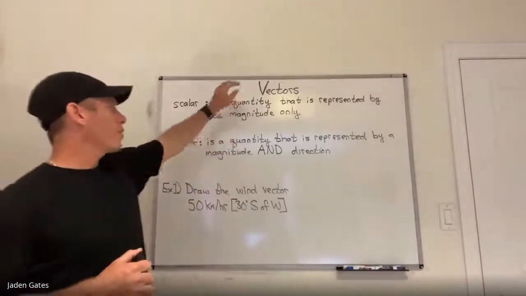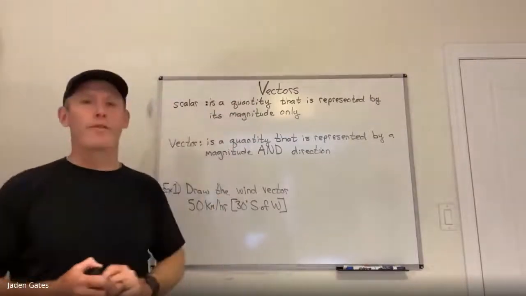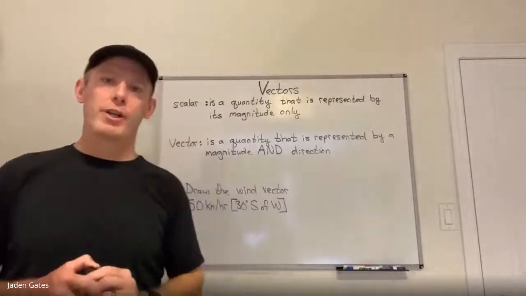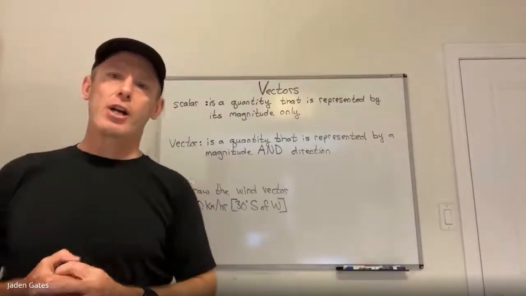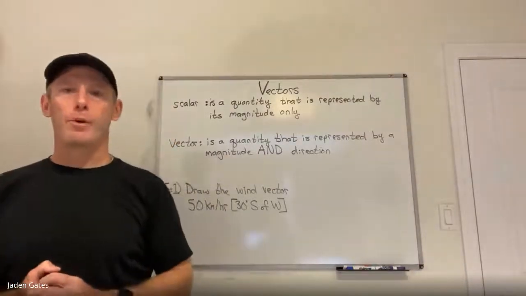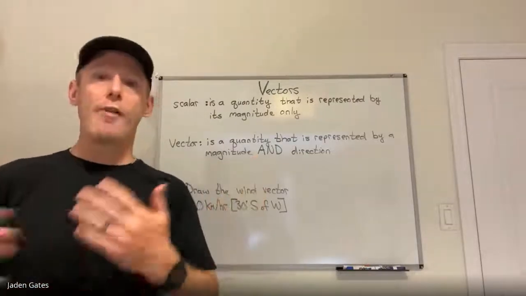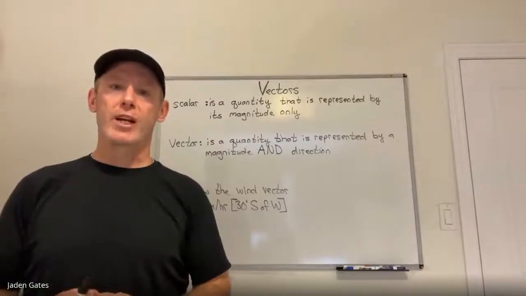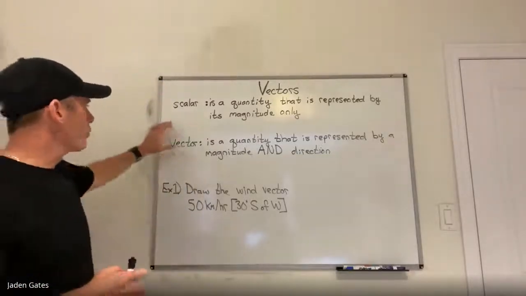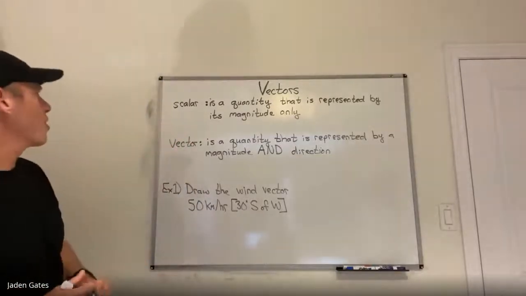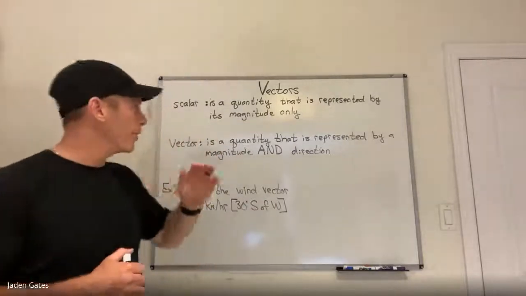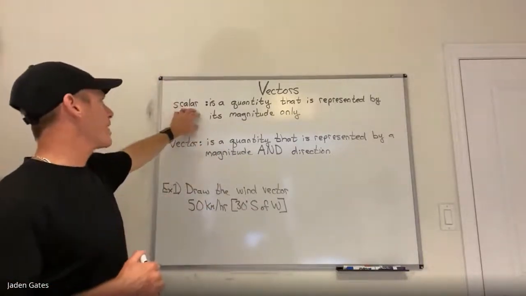And so what is going to be important is that we're going to have to deal with vectors quite a bit because, again, direction, if we're off a line, it's not going to be as easy as just making one direction positive and the other negative, because when we have off one line, we are going to have to use vectors more importantly. Now, again, just a little recap of what a scalar and a vector are. And those are the things we dealt with before, but this time, again, we're going to do it a little